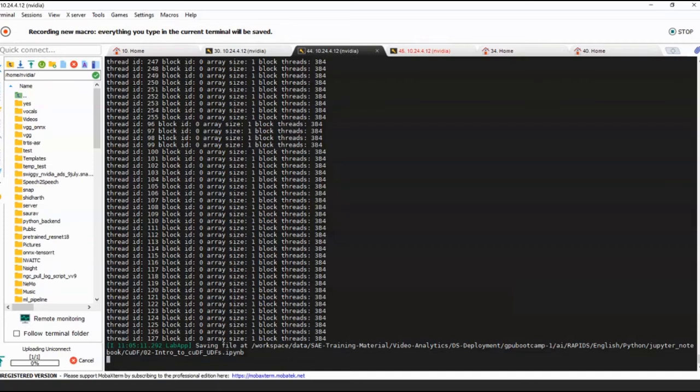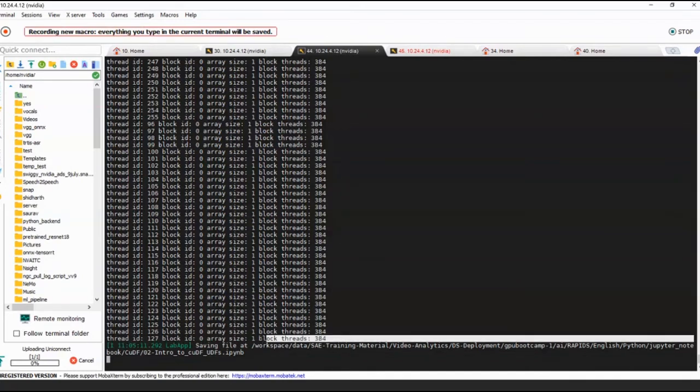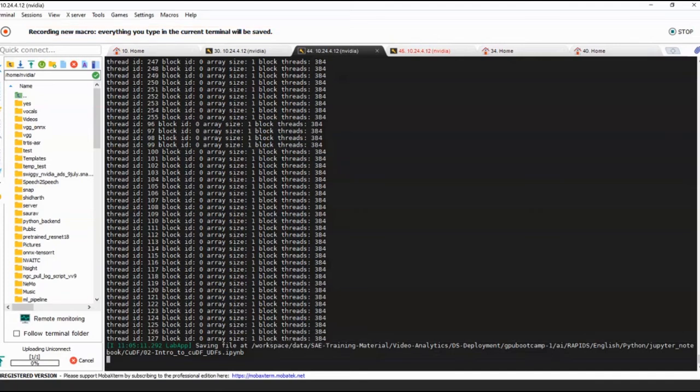Thread ID is something that we discussed, right? That means basically I'll have values between 0 and 383. The number of threads per block here is 384. CUDF has done this internally, checking what is the best thread size that I can use per block based on my GPU architecture. So it has defined it as 384. My thread ID will not go beyond 383, right? And the block ID is how many blocks did I have, right?